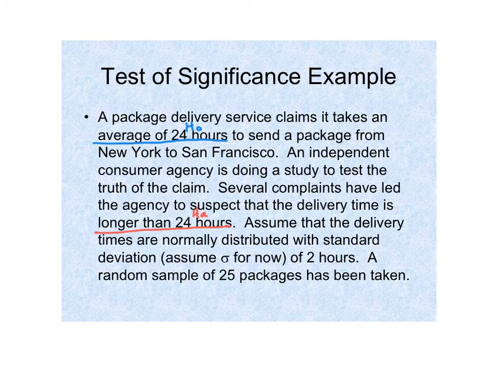Okay, we continue reading. It says, assume that the delivery times are normally distributed with a standard deviation. Assume sigma for now of 2 hours. Okay, with a standard deviation of 2 hours. A random sample of 25 packages was taken. And I don't know why it doesn't have it here, but it should say the mean delivery time. The mean delivery time